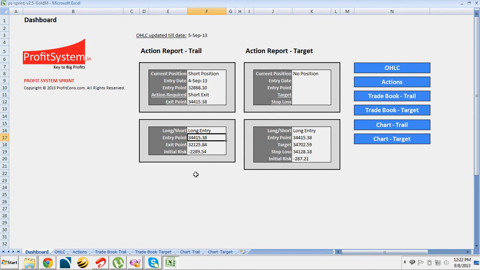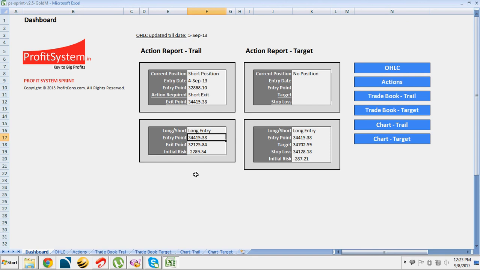While it comes to the MCX trading, that is in case of trading of gold, silver, crude oil, lead and other commodities, the data gets updated in the morning before 10 o'clock. Assume that it gets updated by 9:30. You update your tool once you get the data from mcxindia.com and assume that you have this data ready, and if you don't have any position, just open your broker terminal and place SLM order and aftermarket order at this particular point, that is at 34,415. That's all that you need to do.